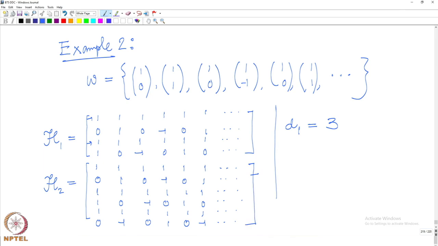Now, something interesting happens. What could be the rank? Rank is 3 or more, of course, because it contains H 1, but how much is the rank here? Okay. Now, I need to find out D 2. I can do that by finding out left kernels, right,